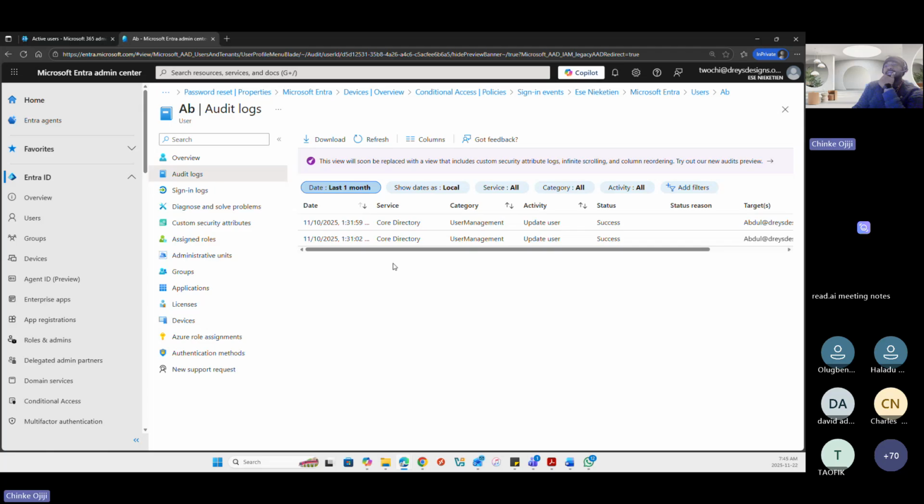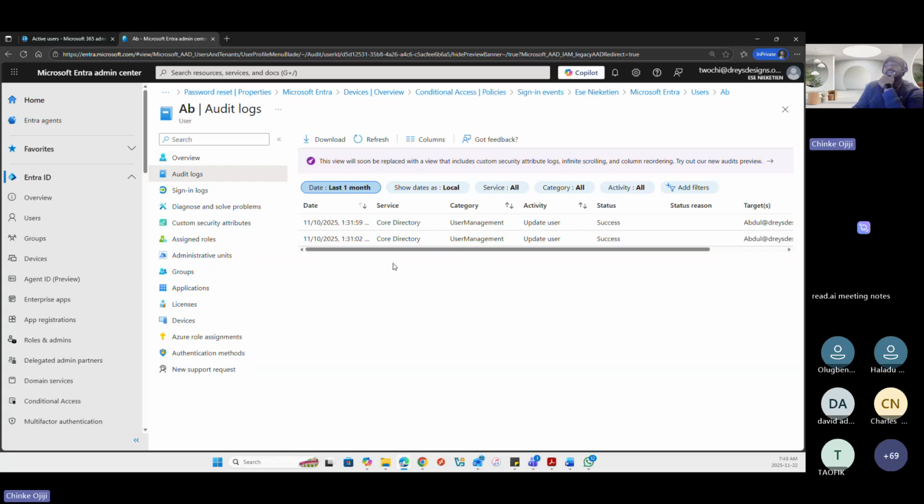If there's one thing you know Microsoft for, it is that it is always updated. So we don't want you to be copying it exactly word for word the way we're teaching you. No, we just need you to understand the concept. You know that there's a place in the Entra ID called the audit log, and what does it do? It tells you what a user has done within the organization.